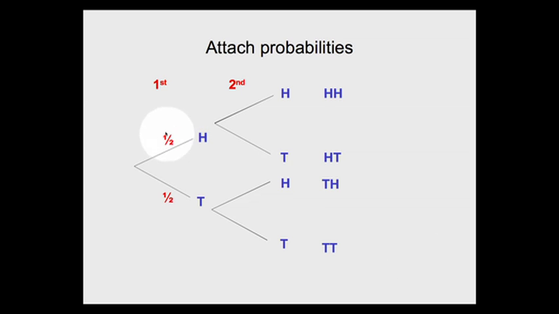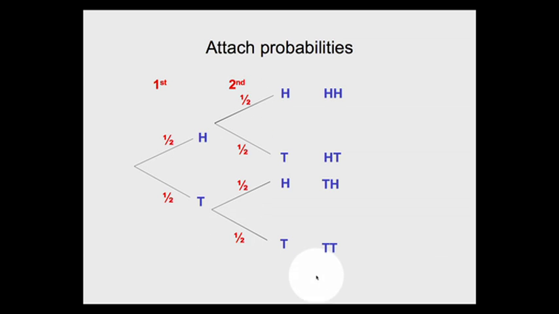Now all this is, I've got a half a chance of getting a head and a half a chance of getting a tail. But what you need to look at is each branch: if you loop down, you add up, and each pair of branches has to add up to 1, because all probabilities add up to 1. So when you're looking at a tree diagram, everything going down should equal 1. Again, equaling 1,